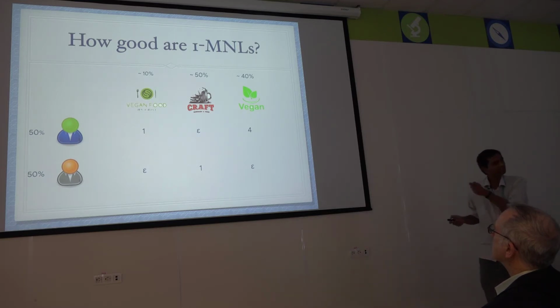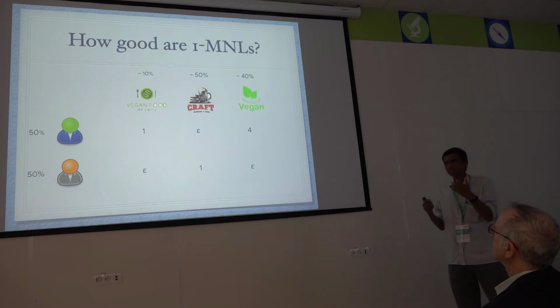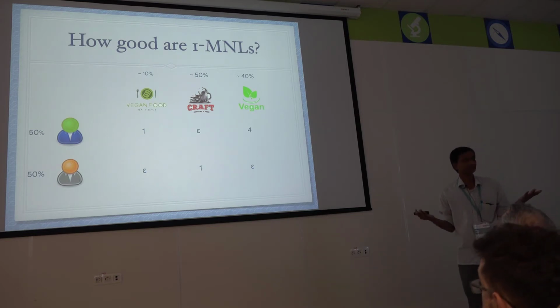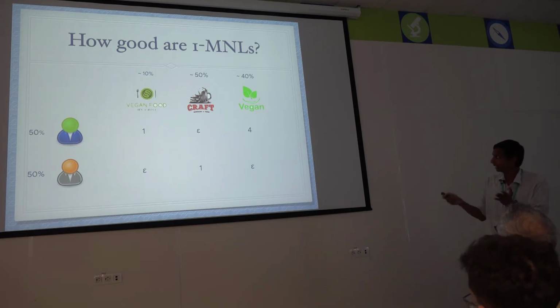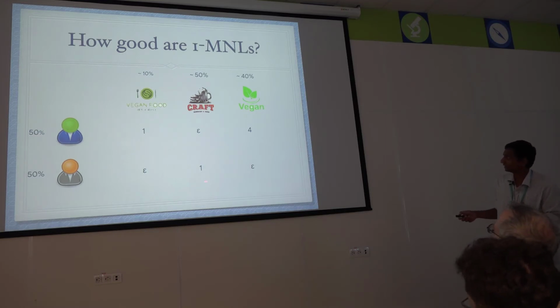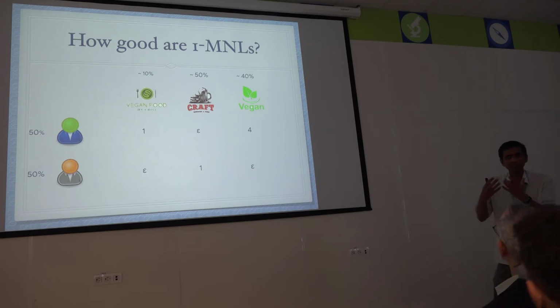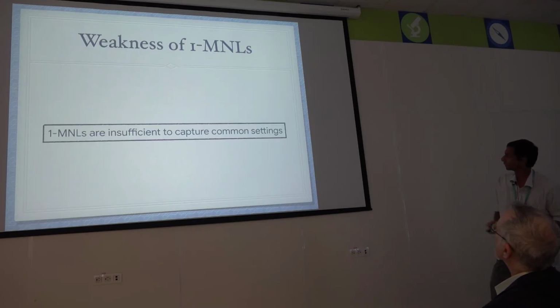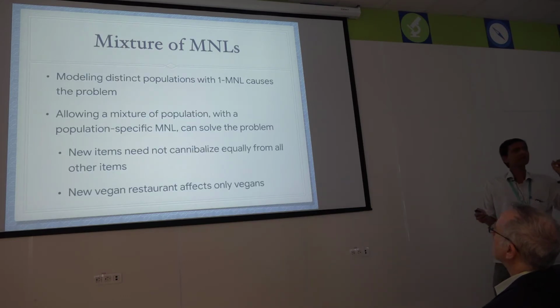But if you try to express the intuition that vegans always go to the vegan place and non-vegans go to the burger place, the constraints you get from trying to express that using a 2MNL are not possible to satisfy. You can show that an MNL cannot express the constraint, because I try to incorporate all these constraints about different subsets, which have different semantics, into this single system. So the bottom line is that 1MNLs are not sufficient to capture very common settings, and the reason is we try to model the entire population as a single type of user, which is a basic problem.